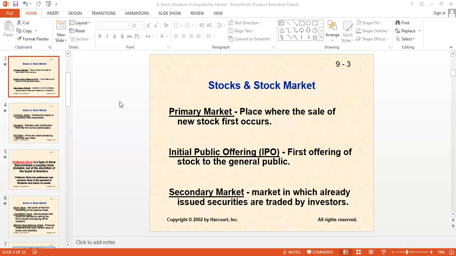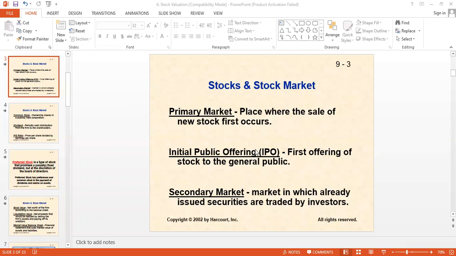So in this chapter, we shall continue our discussion. In the previous part, in the first part, we discussed the basic facts of these stocks. In this second part, we are going to discuss some more concepts related to the stocks and the stock markets. First of all, as you see mentioned over here, the primary market and the secondary market. So let's discuss the difference between the two first. What is the primary market and what is the secondary market?